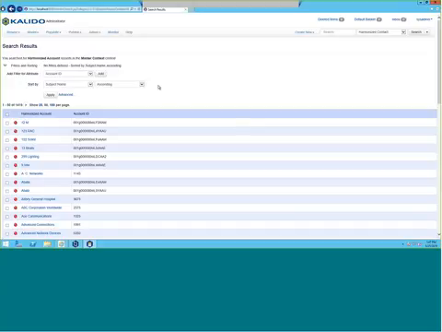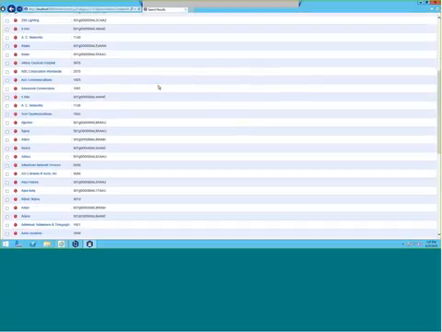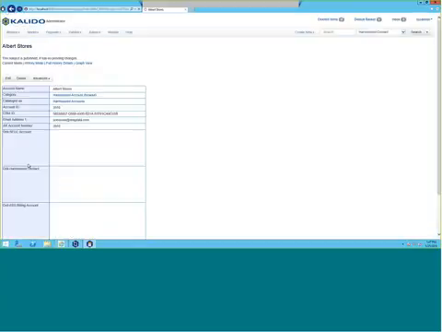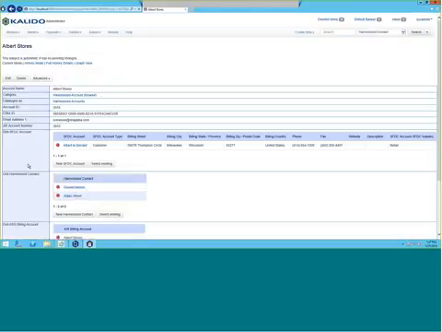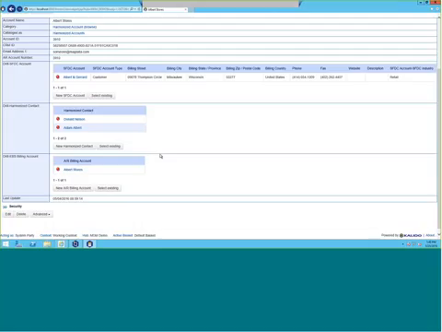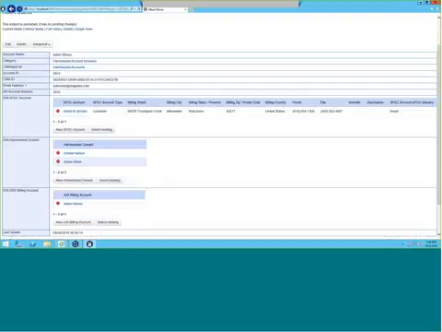So if we take a look at our list of harmonized accounts, and we pick one of those. Let's say we pick Albert Stores here. This gives us some information about where this Albert Stores record came from. We can see that it's an integration of two records, one that came from a Salesforce.com account called Albert and Gerard, and one that came from an EBS billing account called Albert Stores, and they were integrated together and harmonized into this single paired